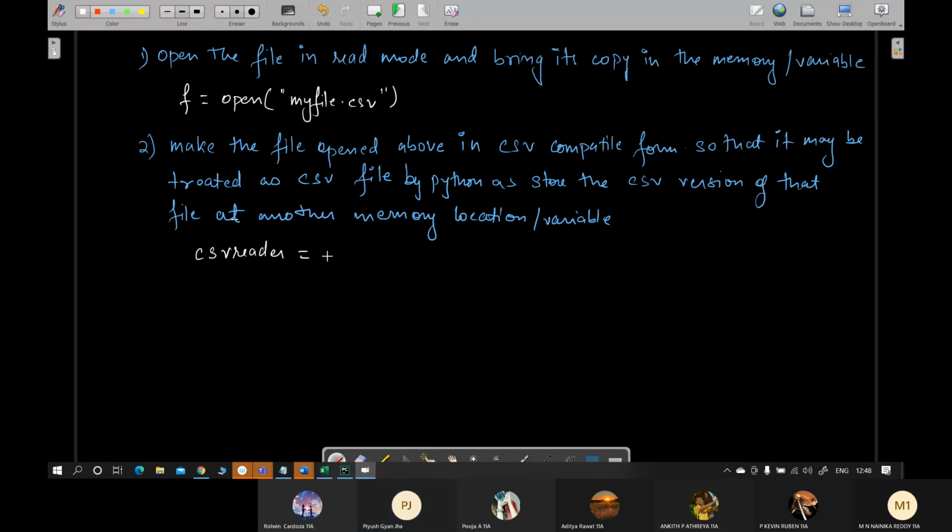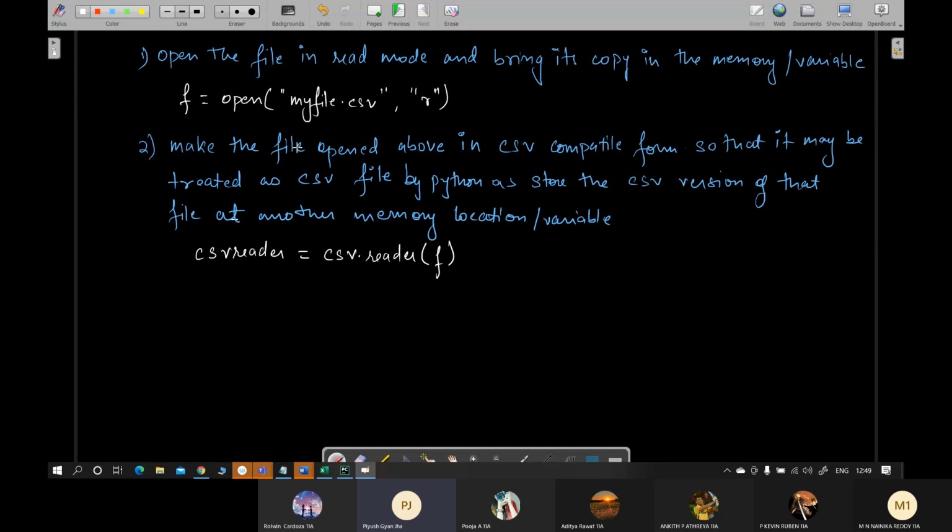csv.reader, and you will pass this file f. So here what you are telling is that the file that you have opened, अच्छा यहाँ पे एक चीज मैंने छोड़ दिया है, in read mode.